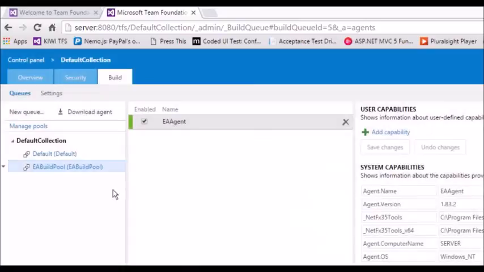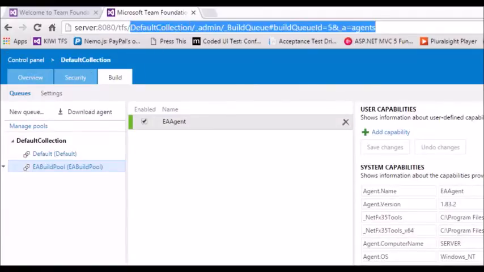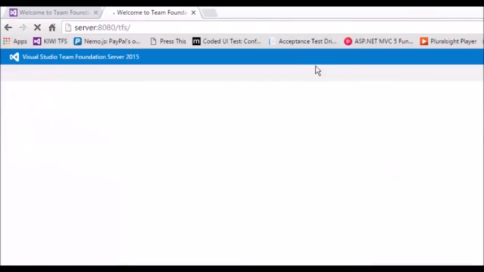So I'm going to hit cancel. So it is automatically assigned for us. And now we can use this particular queue to be assigned in any one of the collection. So let me go to the control panel again, or let me go to the home page of this particular